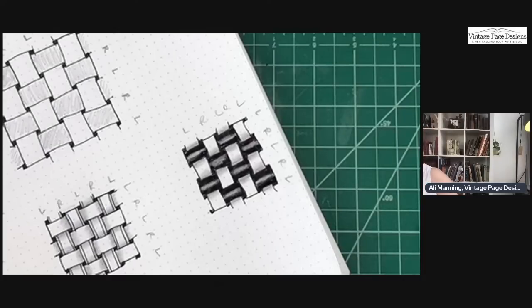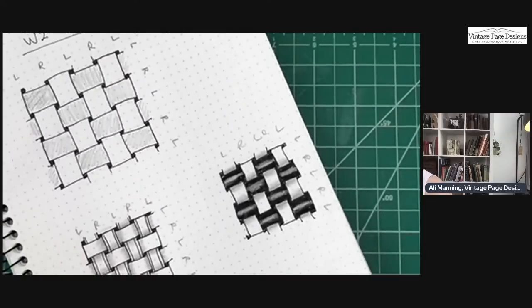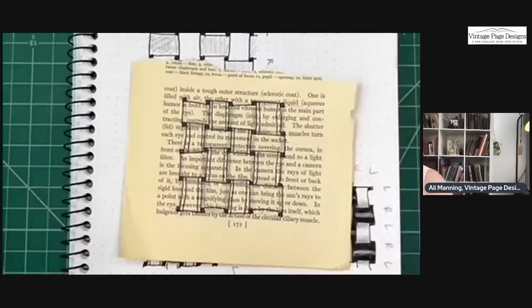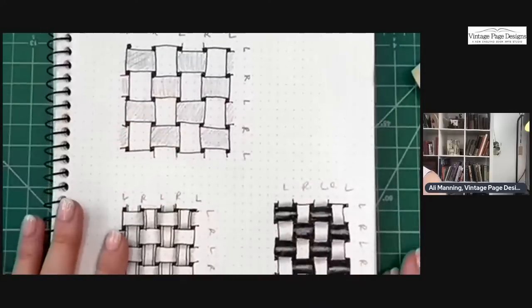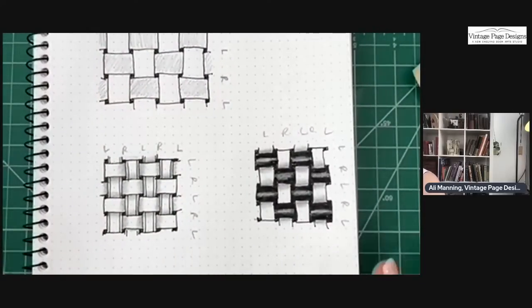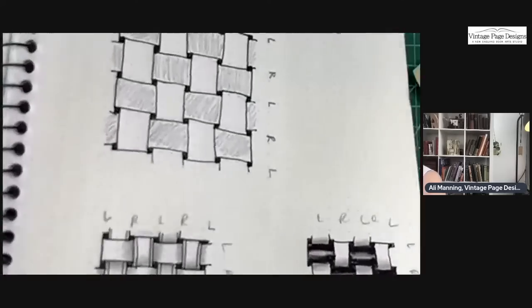And then what else did I want to show you? So I've only shown you three times, but I feel like you're probably going to understand how to do it. What I want to show you is a couple other things that you can do with this. So I really like working on vintage papers. So don't feel like once you've mastered this in your sketchbook, then you can use it in your journals however you would like to. Now you can just do it straight like this in your journal,